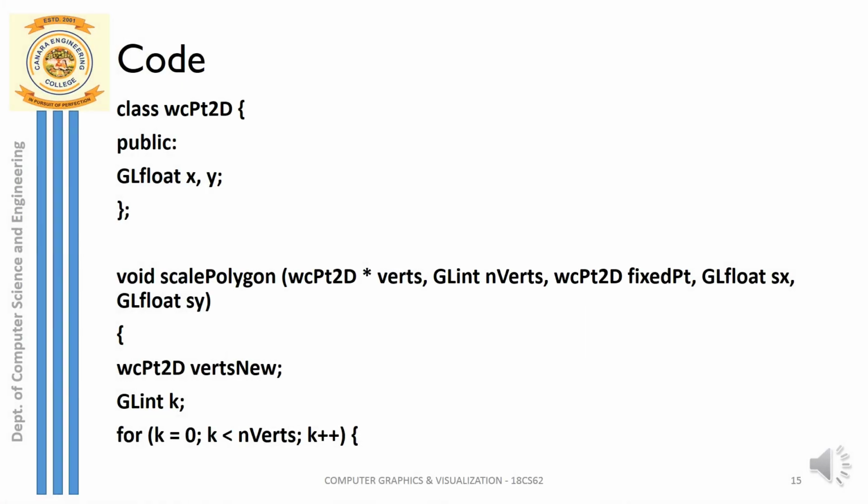And finally, now you can just see the code to implement scaling. Same thing, if I have to scale a polygon, what are the parameters that I need to pass? The point about which I am scaling, that is a fixed point, and then the scaling factor along x and the scaling factor along y. And anyway, you require the list of vertices along with that. So first you can take a for loop there. Why? Because it is not only one point that I am scaling, maybe multiple points that I have to scale. So you can take a for loop.